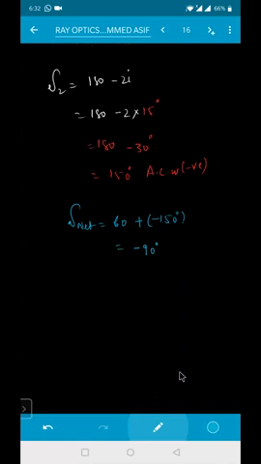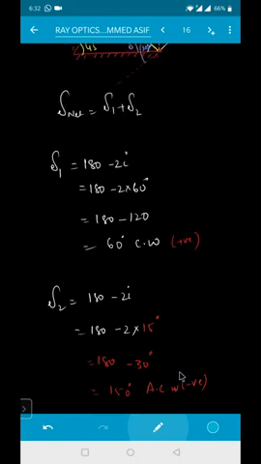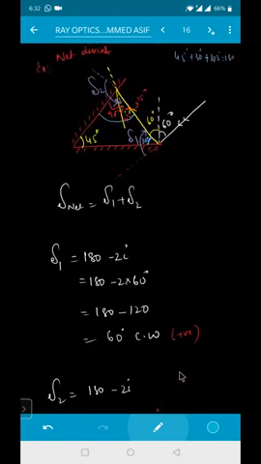Sir, can you explain that 15 degrees once? Which one? 15 degrees. Now see here. This total angle must be equal to 180. This is 45, this is 30. So this blue angle will be equal to 105. And you know that with the mirror, there is always a normal which is making an angle of 90 degrees. Now see here, this yellow dotted line with the mirror, this angle is 90 degrees. If this is 90, this angle will become 15. So if the angle of incidence is 15, the angle of reflection is also 15.